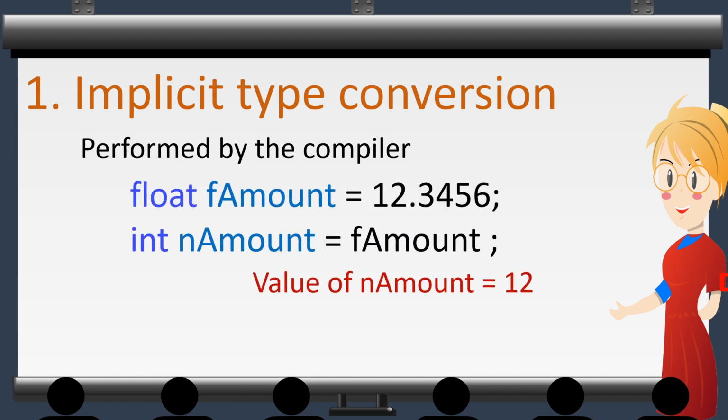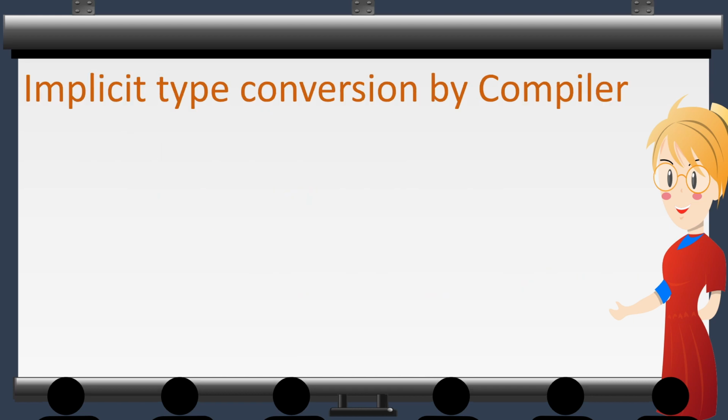In this example, a float value is implicitly cast to a variable of integer data type. The compiler demotes the float data type to int and results in data loss of the fractional part. Implicit cast applies to all types of data types, that is primitive, derived, and user-defined data types.